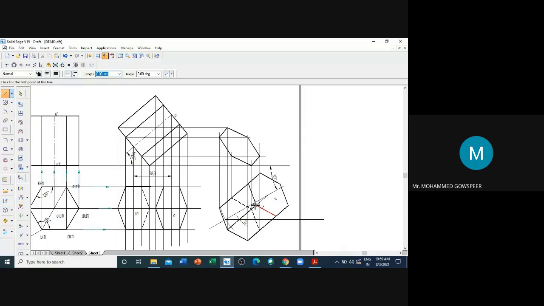Now this is A and this is A. Now we have this is A1, this is A. Now you draw the A1 longer edge.